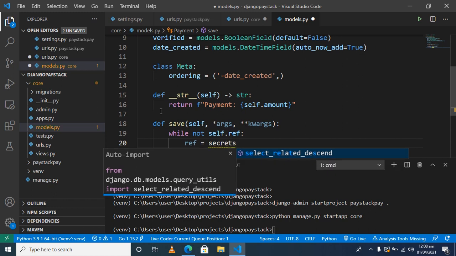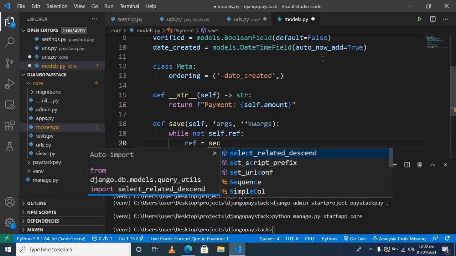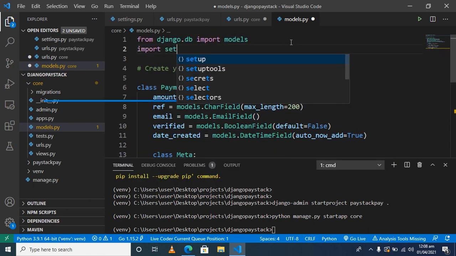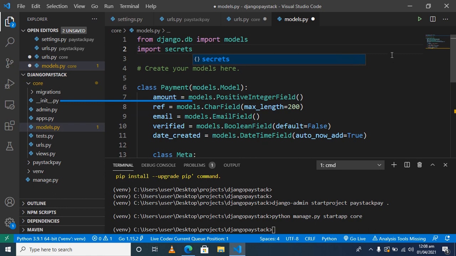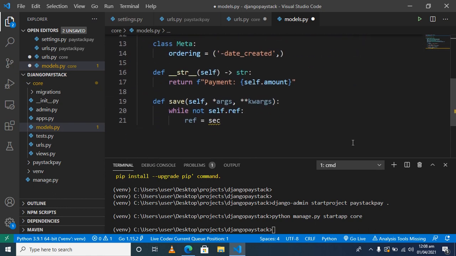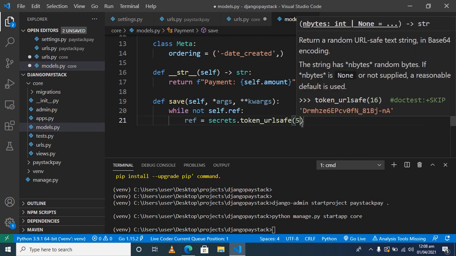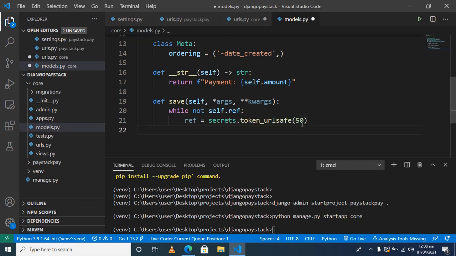Auto import, please help me. Okay, not helping, so let me go up and import secrets. Now the secrets module is good for generating API keys and stuff. We are going to use token URL safe, and we'll give it a maximum length of 50, and then we'll